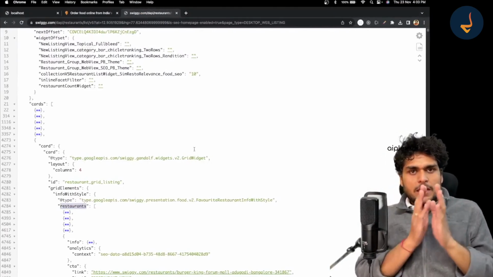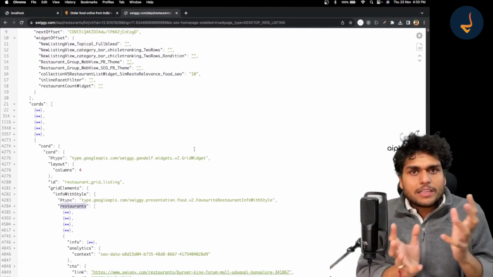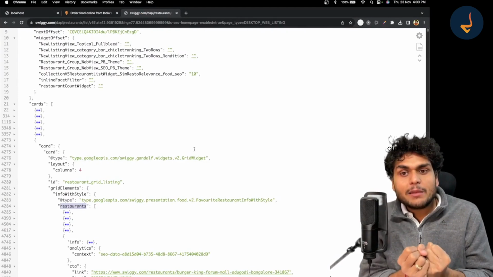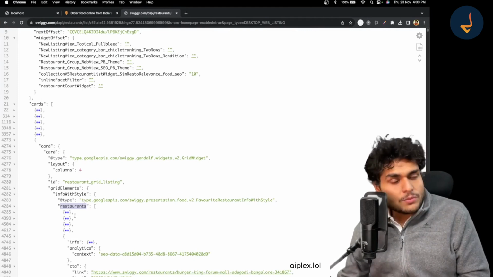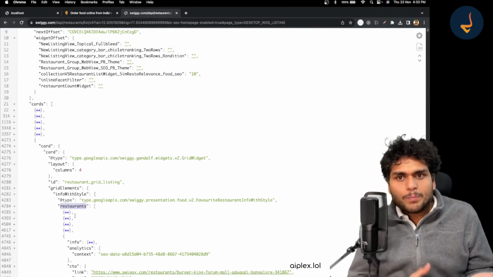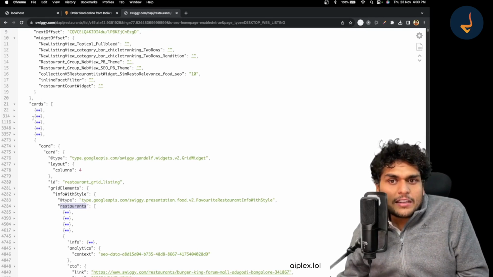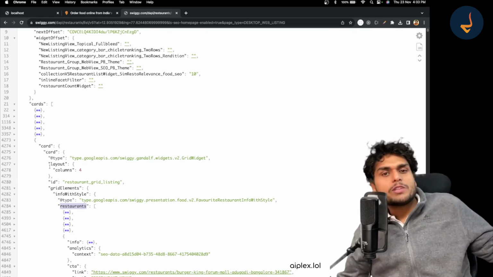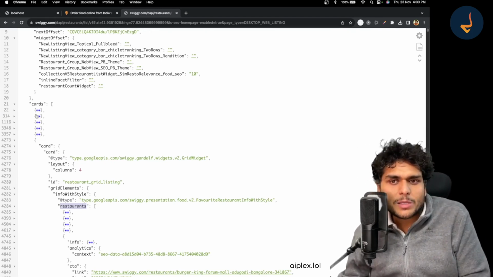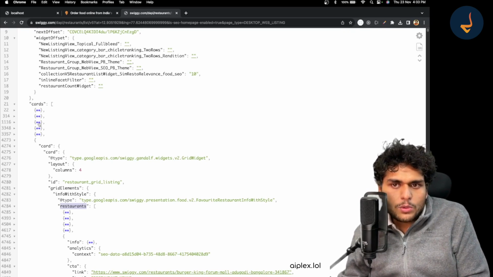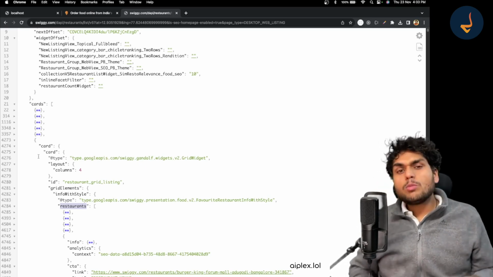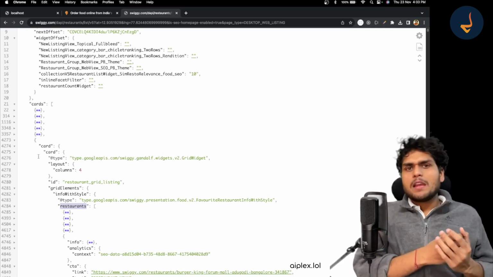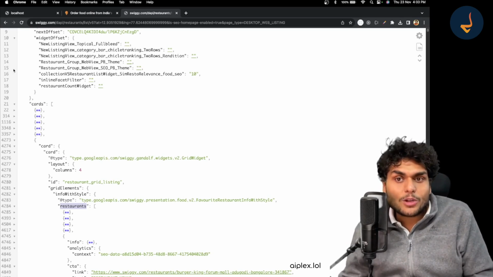Understand it properly. Why am I telling you everything in detail? Because today the Swiggy API is giving us data in this format. Tomorrow it might change. Tomorrow maybe you get this restaurant data in the 6th or 7th object. Today we are getting it in the 6th object: first, second, third, fourth, fifth, sixth. Tomorrow you might get it in the 7th object, or maybe in the first object itself.